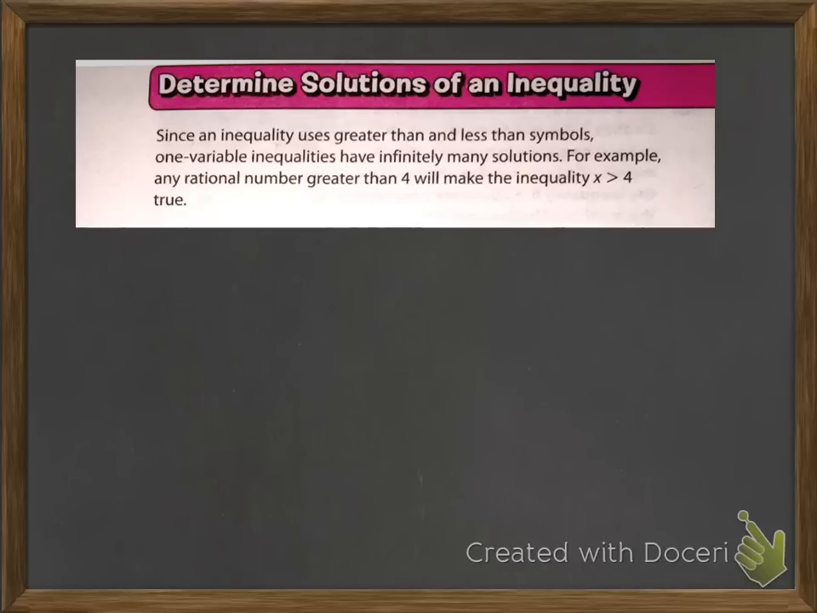Now on this one here, I wanted to bring up, since inequalities use greater than or less than symbols, one variable inequalities have an infinite number of solutions. Okay, so what that means is, for example, if you have this inequality where it says x is greater than 4, what that's telling you is all the values of x are going to be every single number that's bigger than 4, which means that x can be 5, 6, 7, 8,